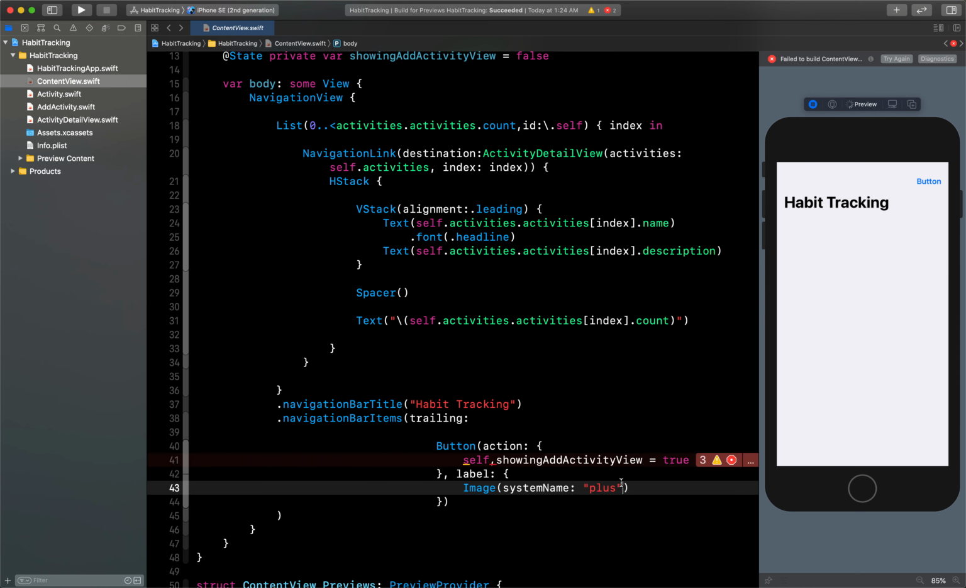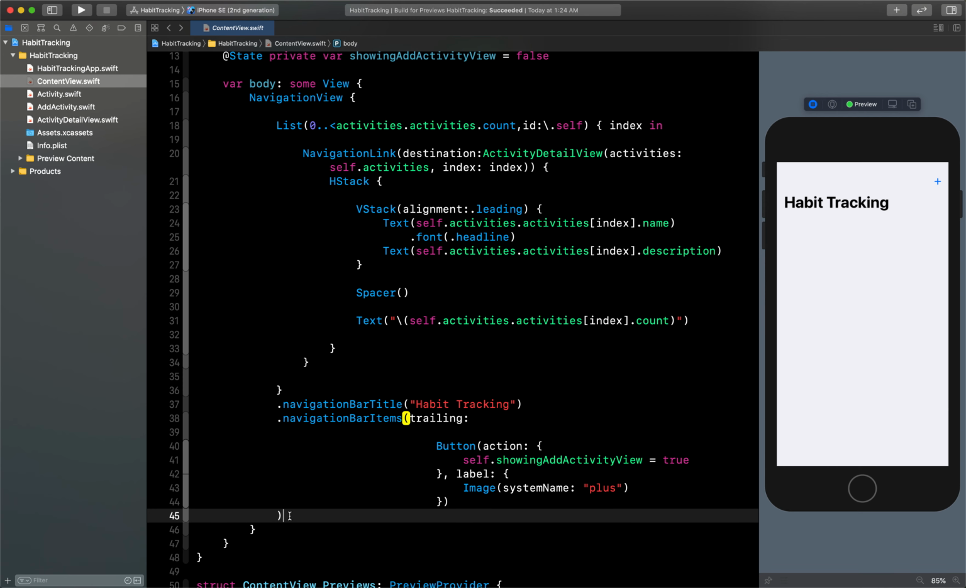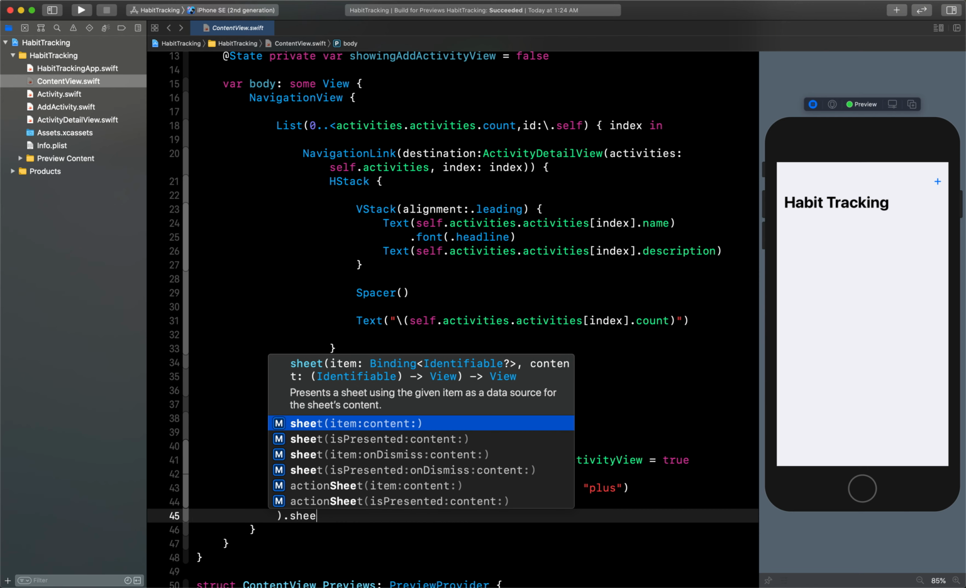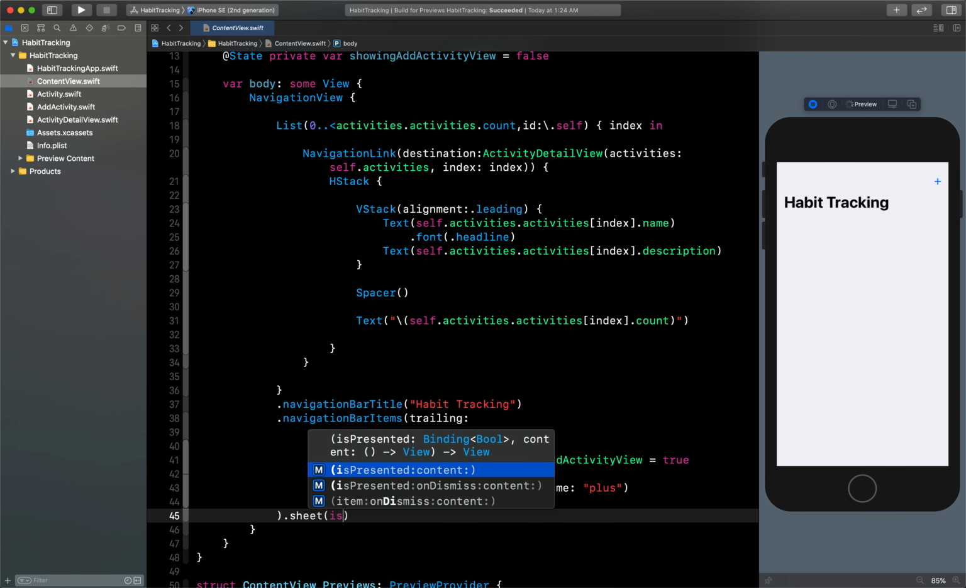Here is one mistake. I will have to say dot... Now you can see here we can see the plus button. Now the last part is we need to present that model. So for that we have this option where I need to say dot sheet. So when I say sheet, inside this we have one option is presented. So let's use that,